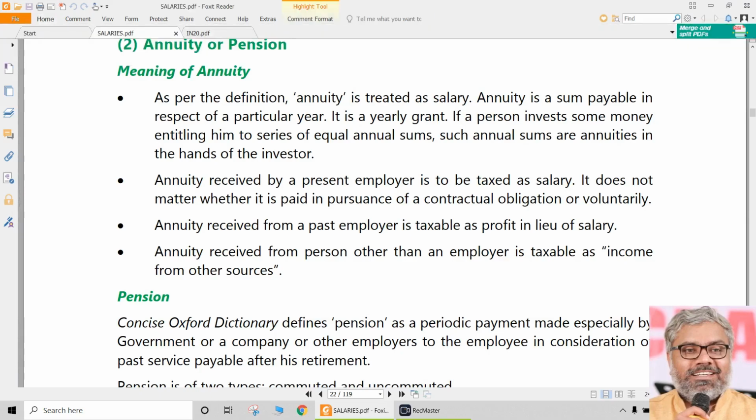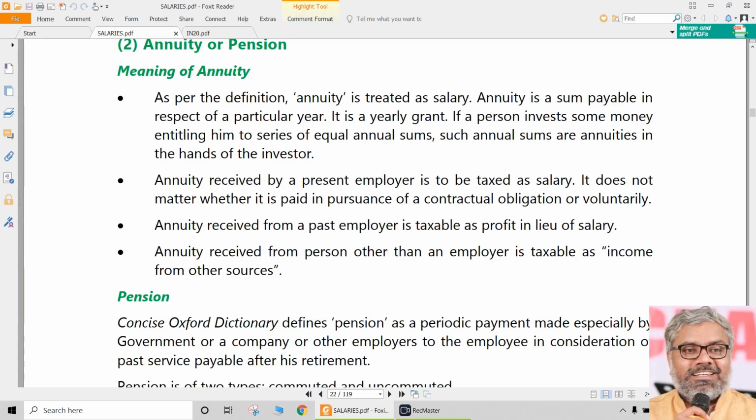So there is no segment in the Income Tax Act called retirement benefits. There are sections in the Income Tax Act. We are all putting them in one place for our convenience so that we can learn all of them at one place. Other than that, there is no particular segmentation like this in the Income Tax Act. The Income Tax Act will only have provisions. We segregate them. We put all the provisions related to allowances in one segment so that we can learn them at one place. Same way we are putting major things related to retirement benefits in one segment, and we will learn all of them one by one.